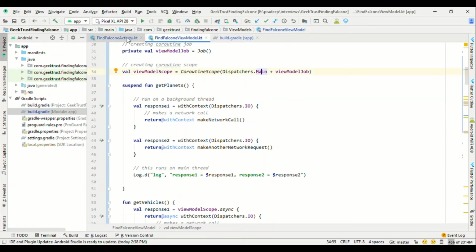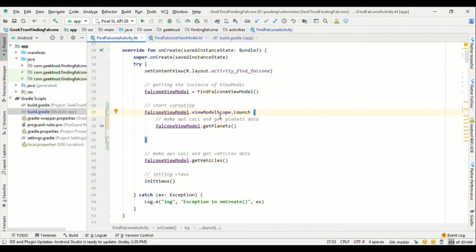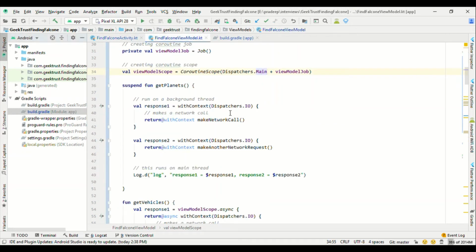It means that whatever coroutines I launch using this scope will by default run on the main thread. Inside this getPlanets function, I need to make a network call, and we know that we cannot make a network call on the main thread. And this getPlanets is running on the main thread. So we need to make the coroutine switch from the main thread to the IO thread.